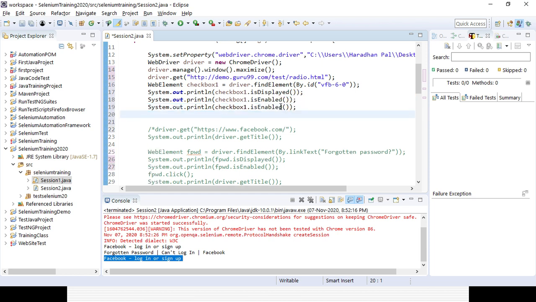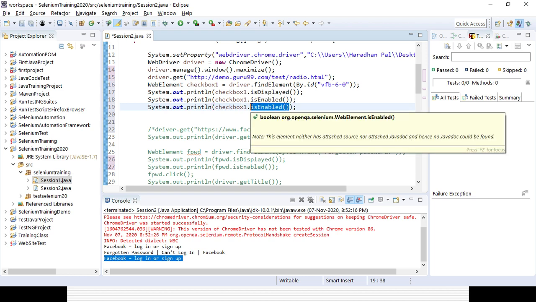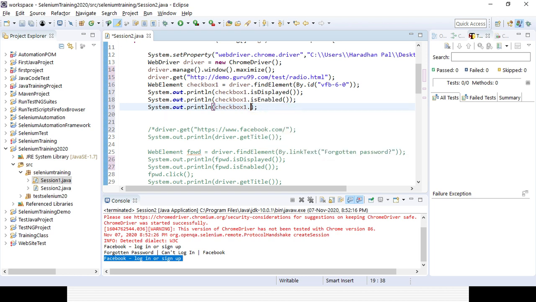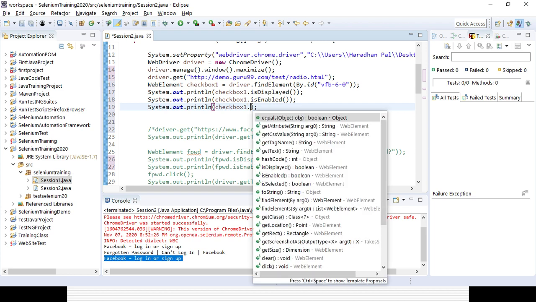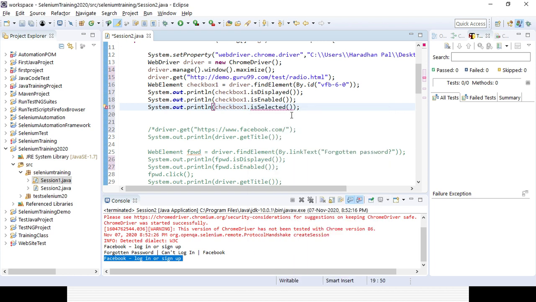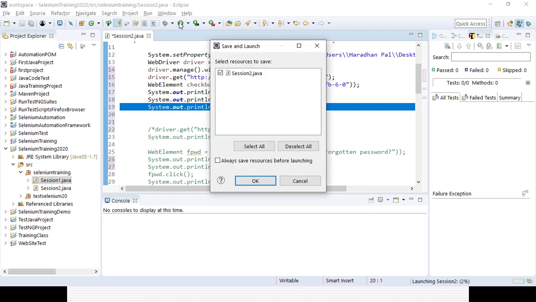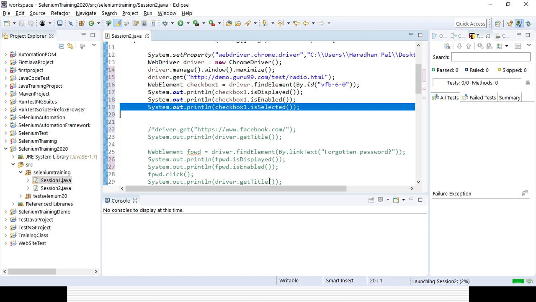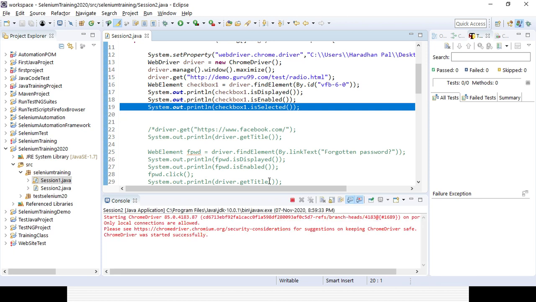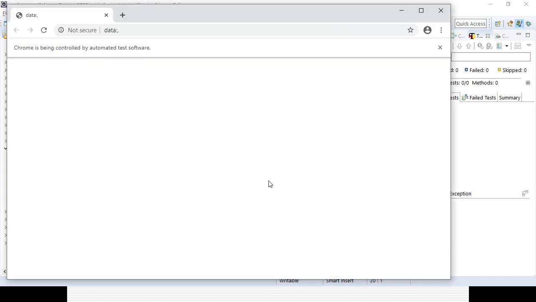Initially it will not be selected, because I am just identifying it. Dot isSelected. So initially everything will be false. If you run the code, it will identify the checkbox 1 and then print whether it's displayed, enabled, or selected. isDisplayed will be true, isEnabled will be true, and isSelected will be false.